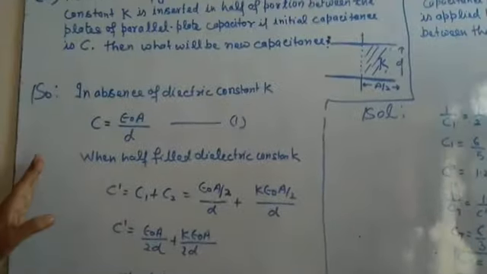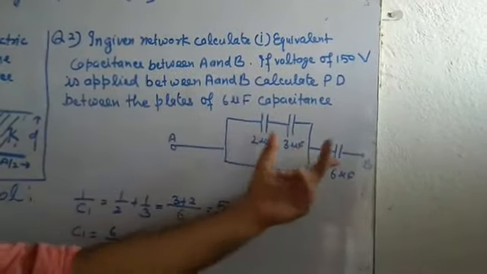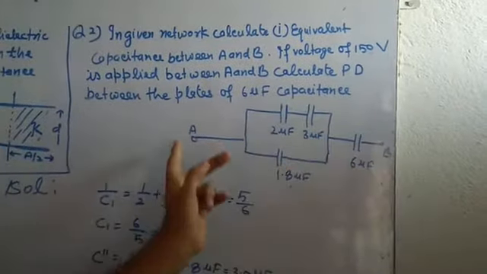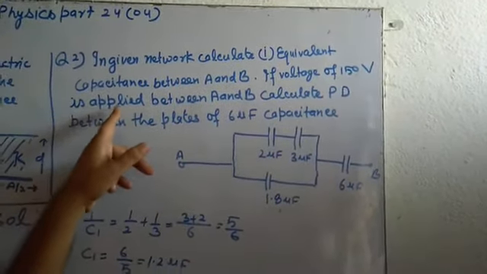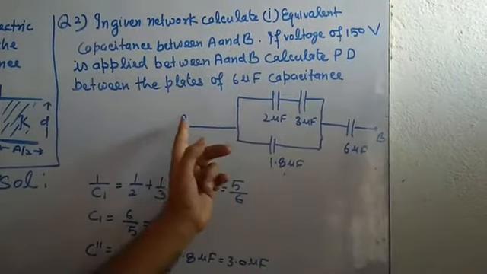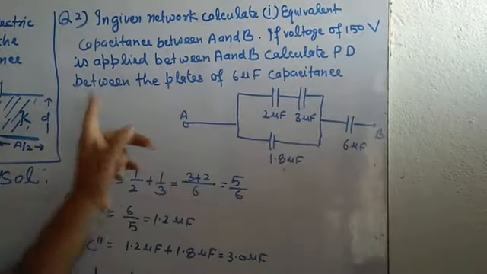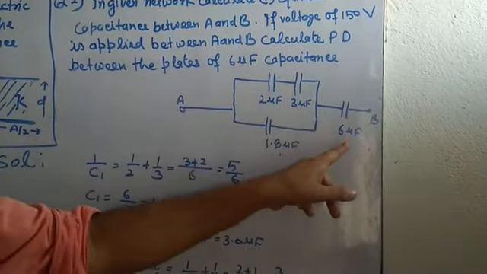This was the first. Come on to the second. In the given network, calculate the equivalent capacitance between A and B as shown in the figure. If a voltage of 150 volt is applied between A and B, calculate the potential difference between the plates of the 6